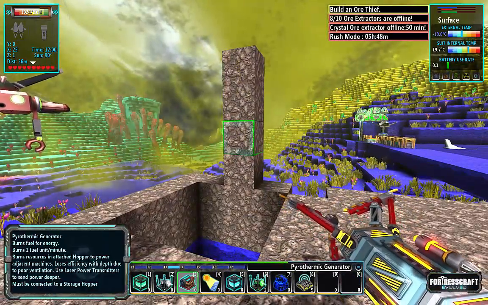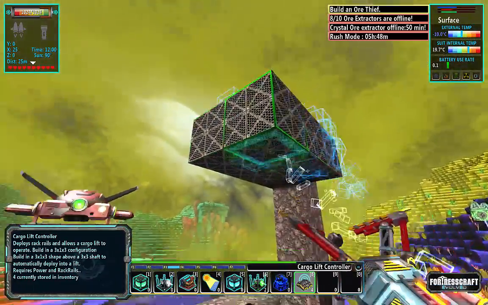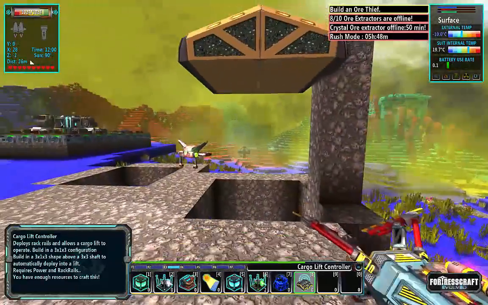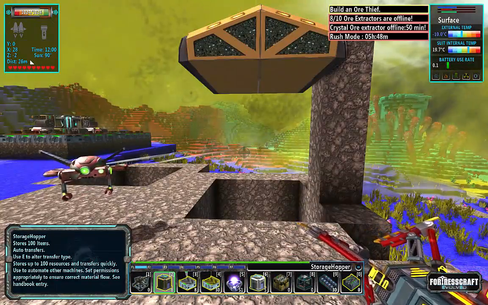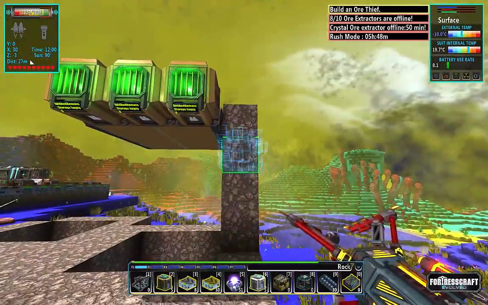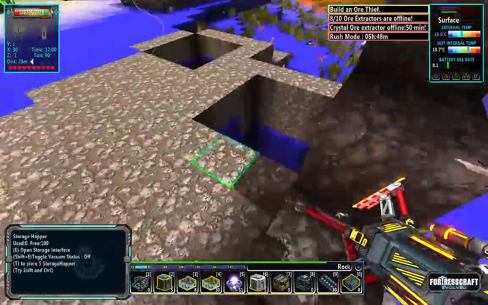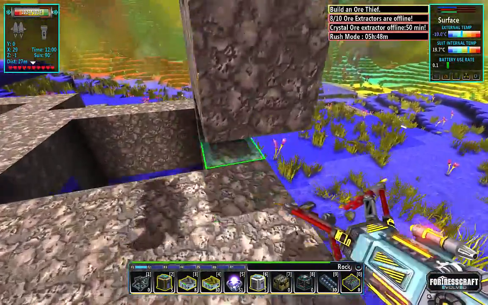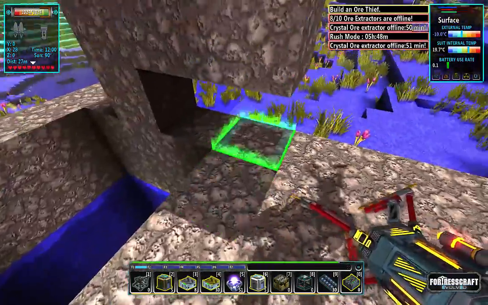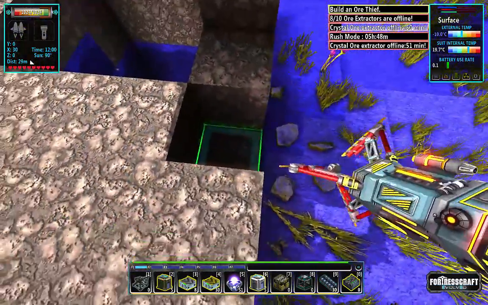All right. So the cargo lift controller goes up here, just like we did with iron. There we go. And of course, we're going to want some hoppers up there. A way to get up. And I just covered up where my hole goes, right there. So that was a bad spot to put that. Alright, so now